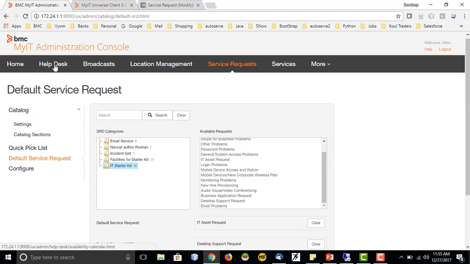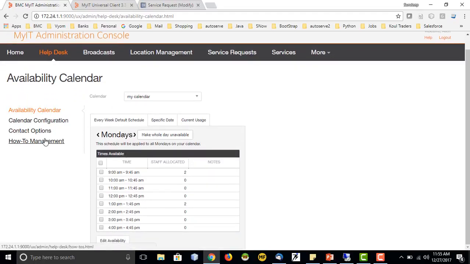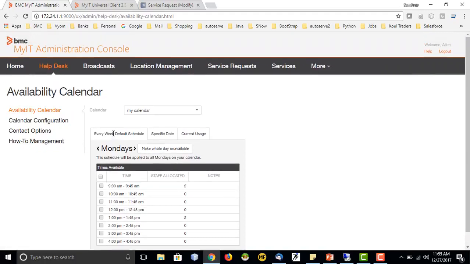Now there are some other sections also. These are basically for help desk. For us, the only important part is this service request. This is not used quite frequently, but in some customers they might be using it. So here you can configure your calendar. You can provide your calendar configuration. You can make yourself unavailable or available, set your meeting request. So this is up to you how you want to use it. I have not seen many customers currently using this, but we can explore this in the near future.